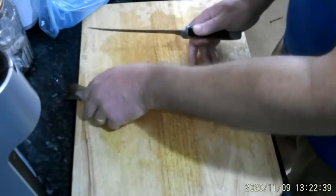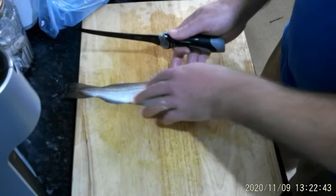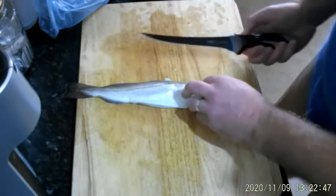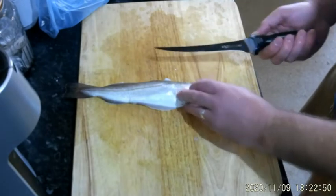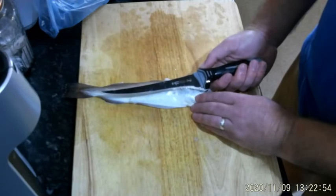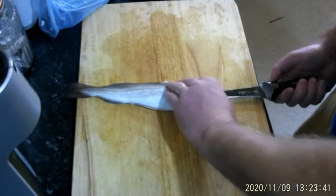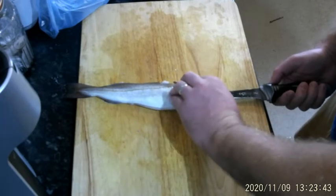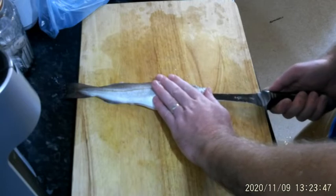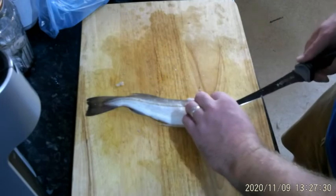And right, again, you repeat the process. This time it's a little bit more difficult because you haven't got such a body of fish that you're working with. But again, tail's at 12 o'clock, and I'm going to slide the knife up the backbone. This time the blade of the knife will be pointing towards 9 o'clock rather than 3. Okay, so once you've slid that in,